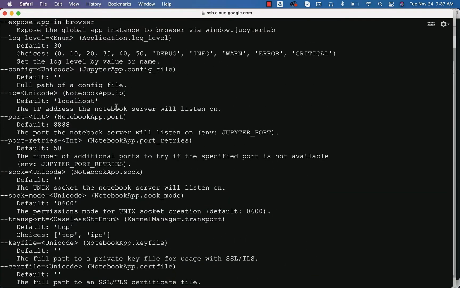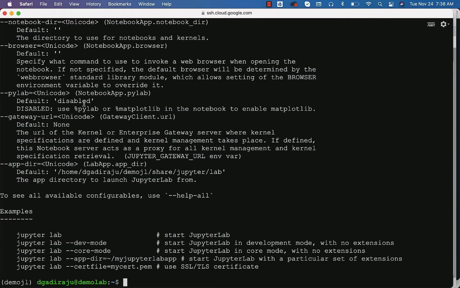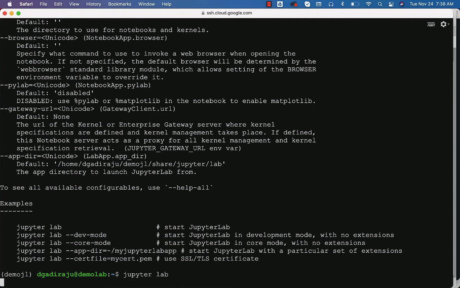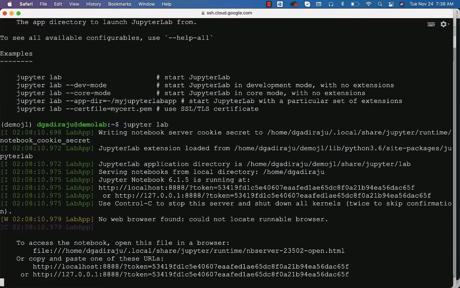It will facilitate us to run on any dedicated IP on this virtual machine or a universal IP 0.0.0.0. By default, it will use localhost. If it uses localhost, then we will not be able to connect to this Jupyter Lab environment from external systems such as our PC, because this is running remotely. We have to connect from our PC using a browser. If we just leave it as default, it will not work. However, you can validate by saying jupyter lab like this. It will start the Jupyter environment for you, but you can't validate because it is running on localhost. You will not be able to connect from remote machines such as your machines using a browser. You have to hit Ctrl C.